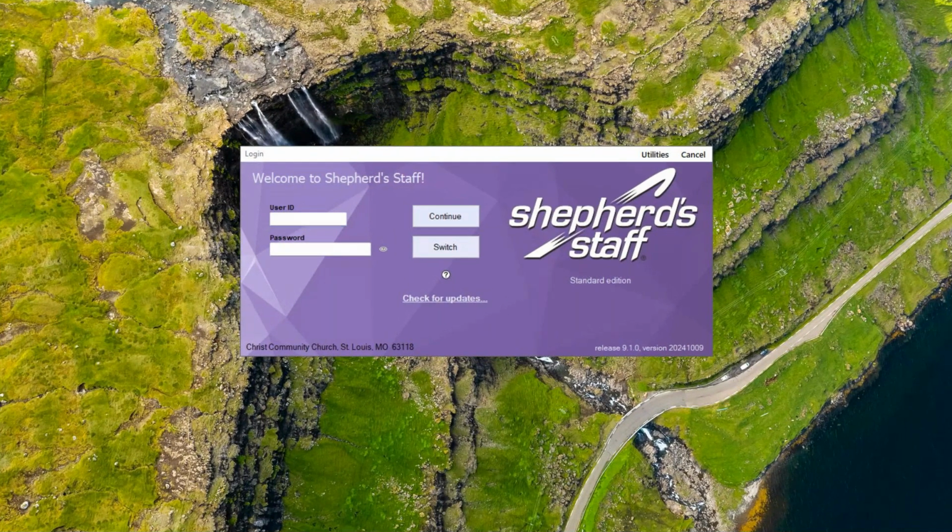Just to start off with, we're going to go over how to optimize your database. This is just a maintenance utility, and it should be run on the main computer. This only needs to be done by one person. And as a process, it should not be interrupted, so if you have anyone else logged in at the time,